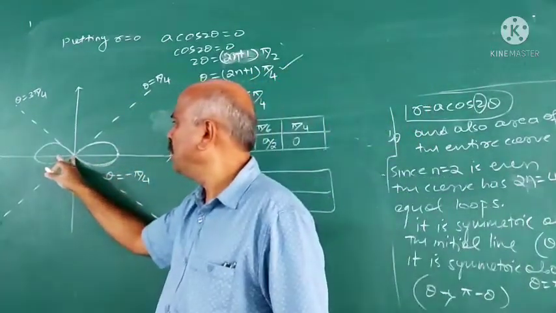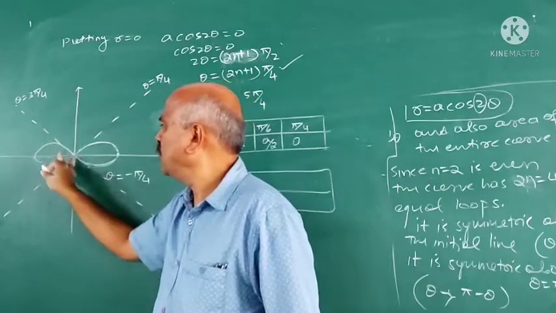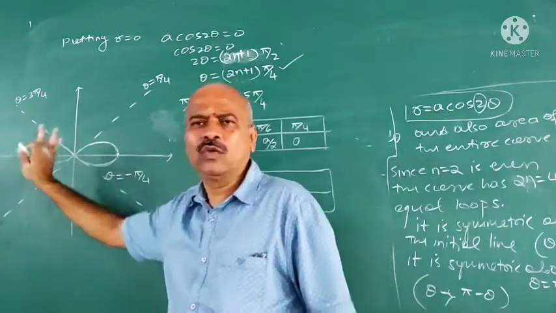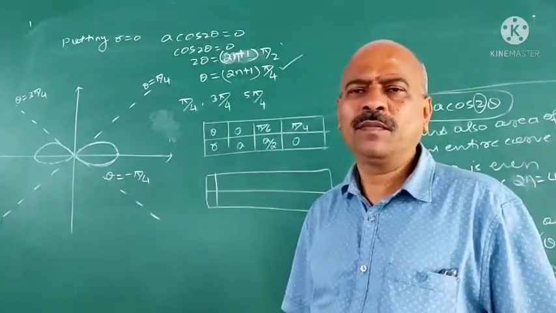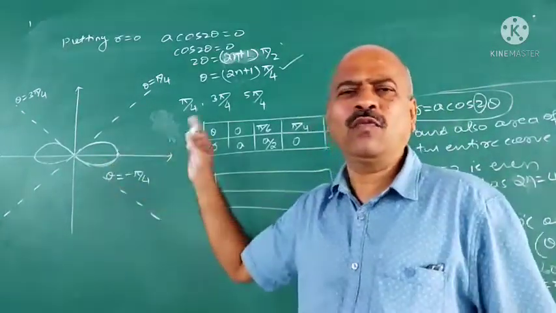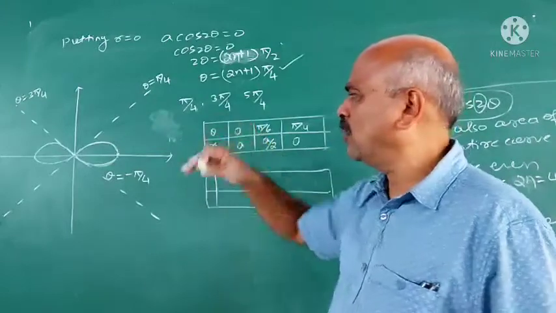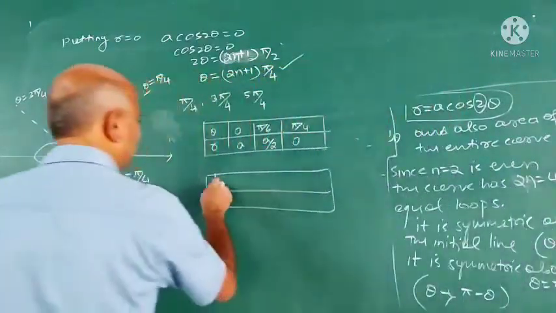It is symmetric about pi by 2. Therefore, we have this branch. Two loops are over. We have two more loops here. They are equal, but four loops are there. How to get one more loop here? For that I vary theta from